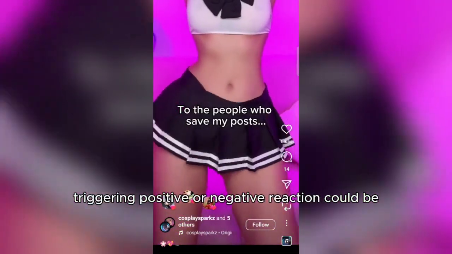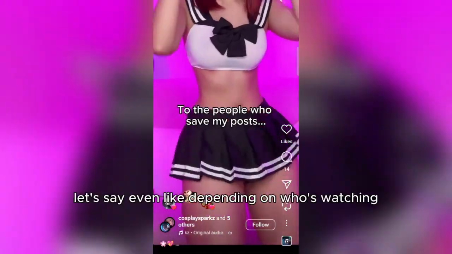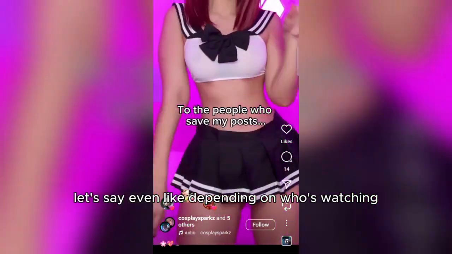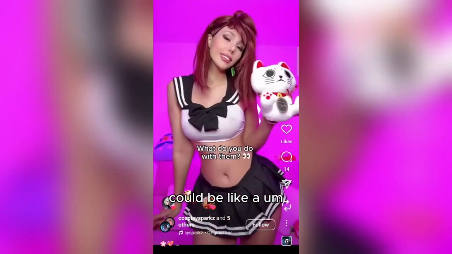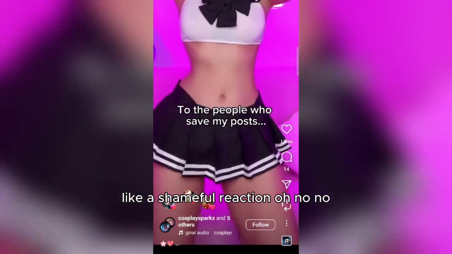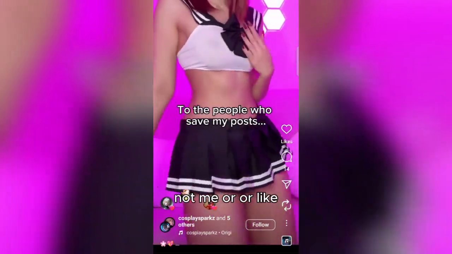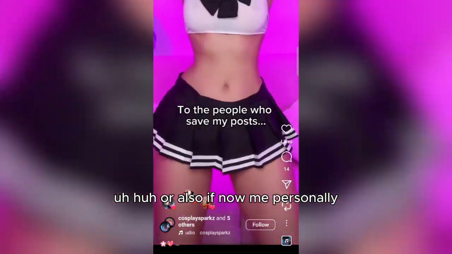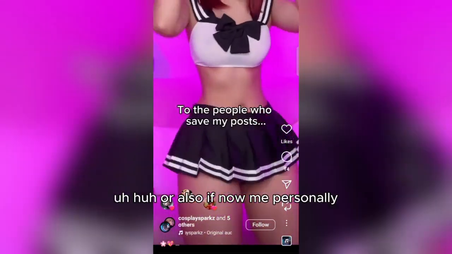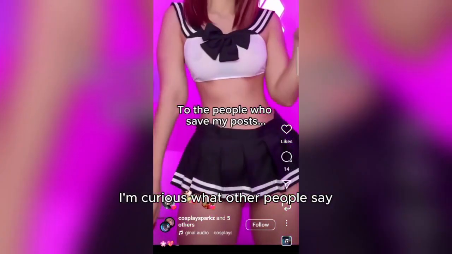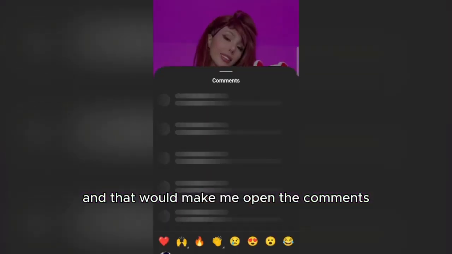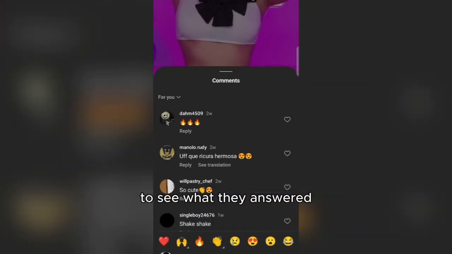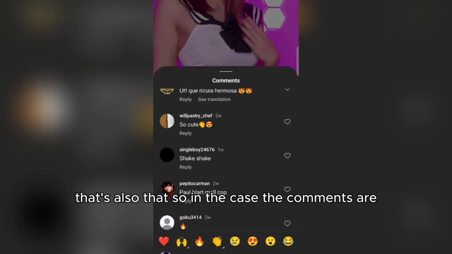Triggering positive or negative reactions, depending on who's watching, could be a shameful reaction. Oh no, no, not me. Or, me personally, I would say I'm curious what other people say, and that will make me open the comments to see what they answered. That's also that. So in the case the comments are